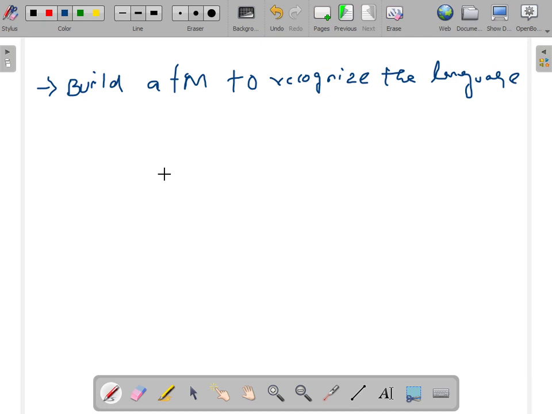What is the language? 0 power n, 1 power n, and 0 power n. So how can we read this? 0 power n, 1 power n, 0 power n. So 0 power n, okay, any number of zeros. How to read? Any number of zeros followed by,